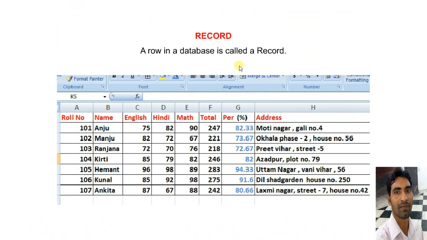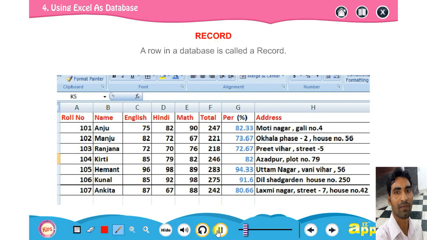You see, a record is a row in a database. Like here, a row in a database is called a record. So here we have the first row, 101. This consists of the name Anju, and Anju has got 75 in English, 82 in Hindi, 90 in maths, and total 247.